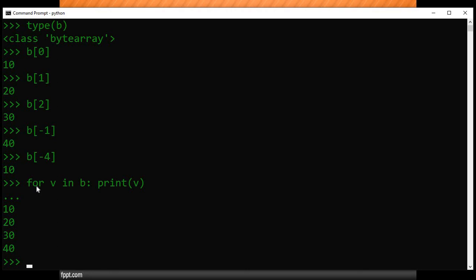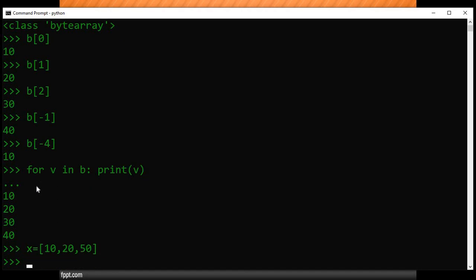Now I'm trying to store a value beyond the range in a byte array. We all know that when we try to store a value beyond the range in bytes, we get a ValueError. Similarly, let's check. x is equal to a list with values like 10, 20, 50.